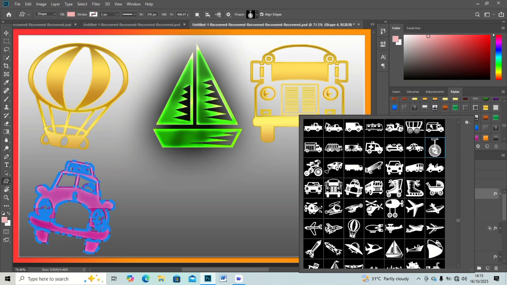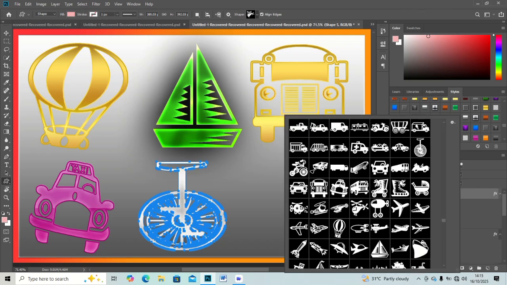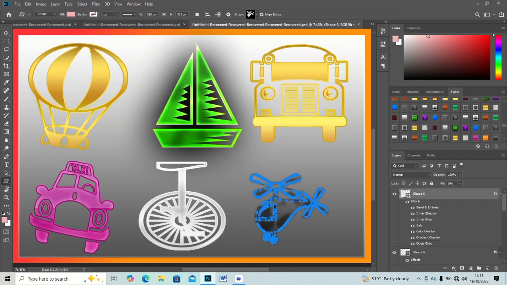Use warp transform to match the label to the bottle curves. Add a light multiply blending mode to blend the edges. Create reflections by duplicating and flipping the bottle vertically. Add